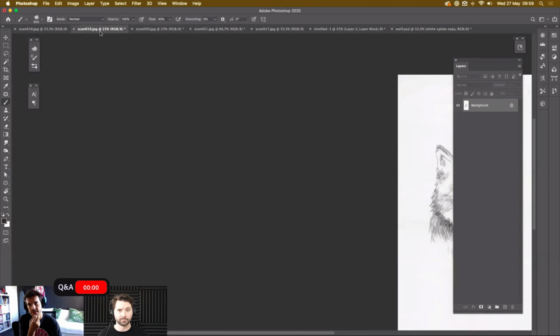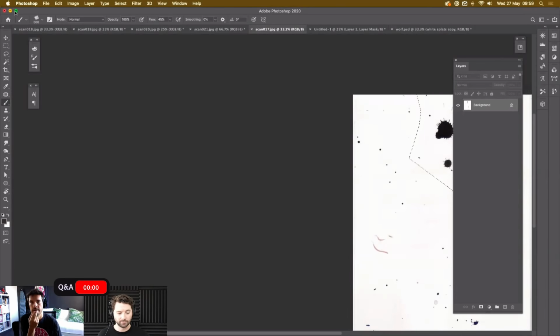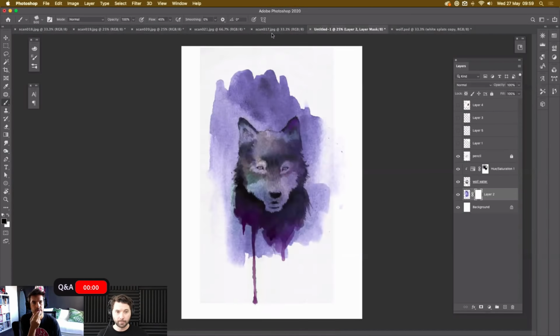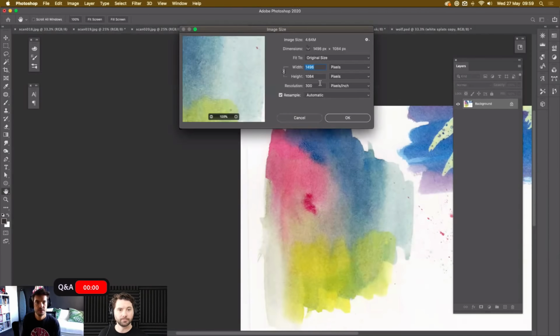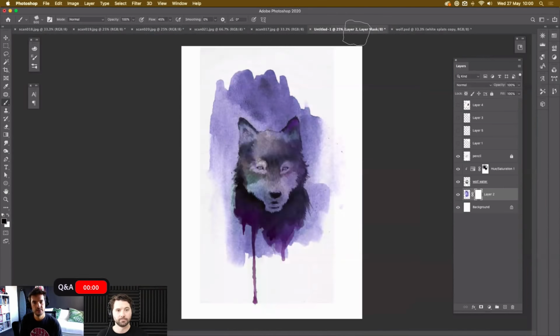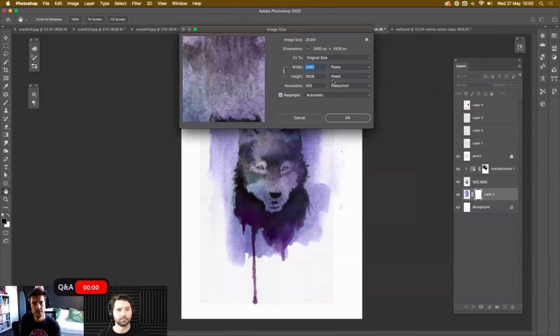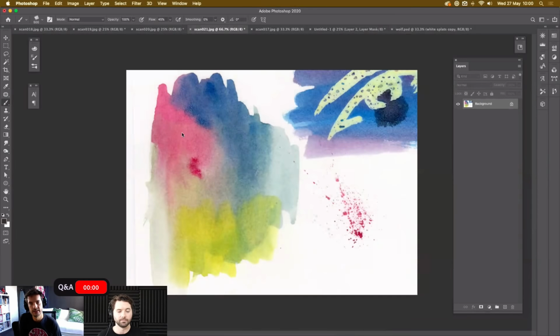The short answer here is yes, but it won't help in this particular case, because I have, where is it? This one. So the resolution of this image is relatively low. This has got 1500 pixels at 300 dpi. That's what this has been natively scanned at. And so when I bring it into this image, which is an A4, which is a lot bigger, it's going to lose a little bit of that resolution because I'm going to have to stretch it up to get to it. So the short answer is, if I take this and make it into a smart object